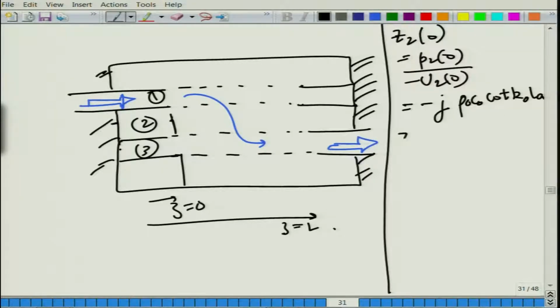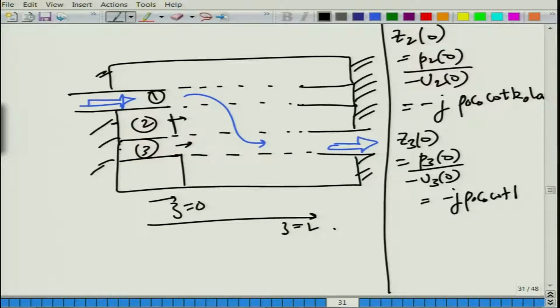So, apply all these things here. That is why it is important to pay attention to the expressions right from the beginning, because these will be useful now. So, again, why is the minus sign? Because velocity is considered positive along this direction. Okay. But because you are looking into the cavity, minus U3 times that thing will basically change the direction of velocity, and then you have this expression readily applicable. So, here also will be K naught L A.